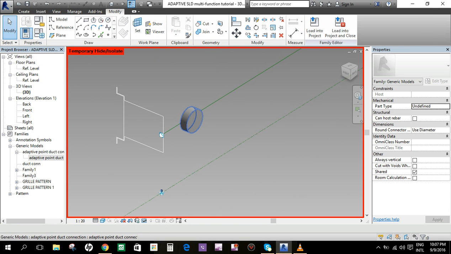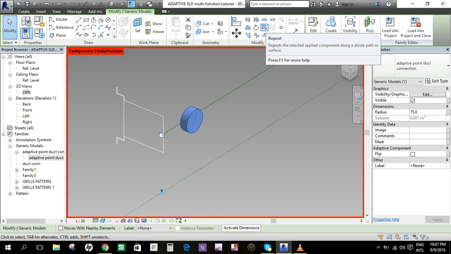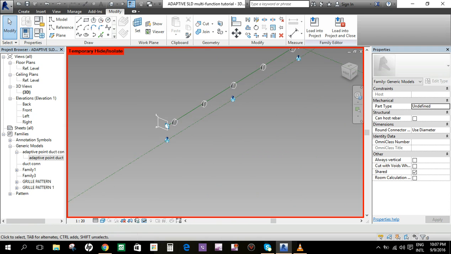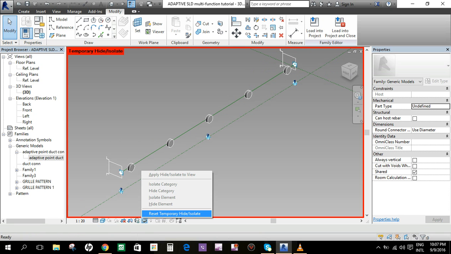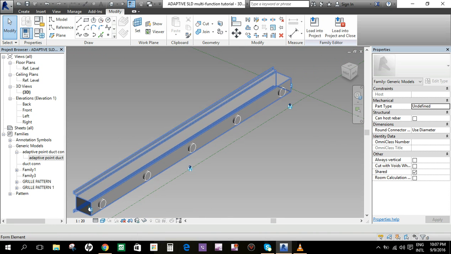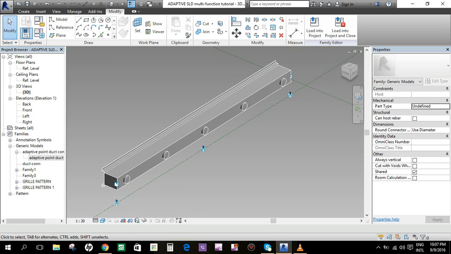Now, as you can see, the repeater is already functional. When you select this one, automatically you have the duct connection repeater. Then we reset the temporary hide isolate. So now we have our duct connection repeater.